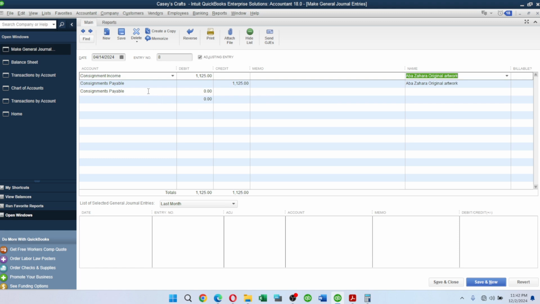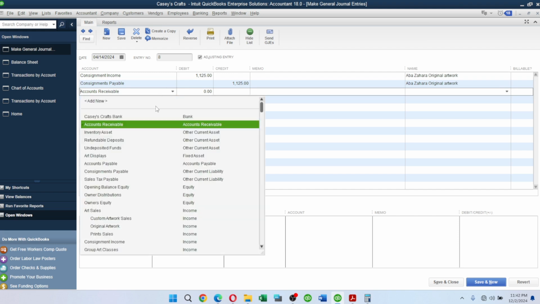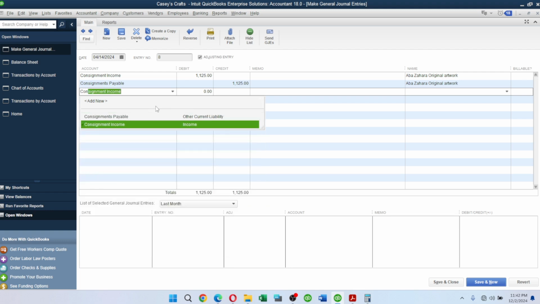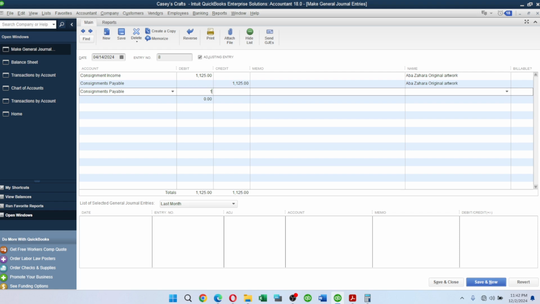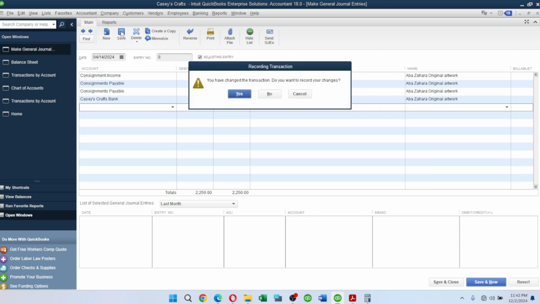When the payment is made, like I showed you earlier, all we need to do is come back here and ask which account we are reducing the balance of. We are saying consignment payables. How much is it? 125. And who are we paying? Zara. Where do we pay the money from? The bank. The bank will be credited. So who? Zara. Once you do that and save it again,